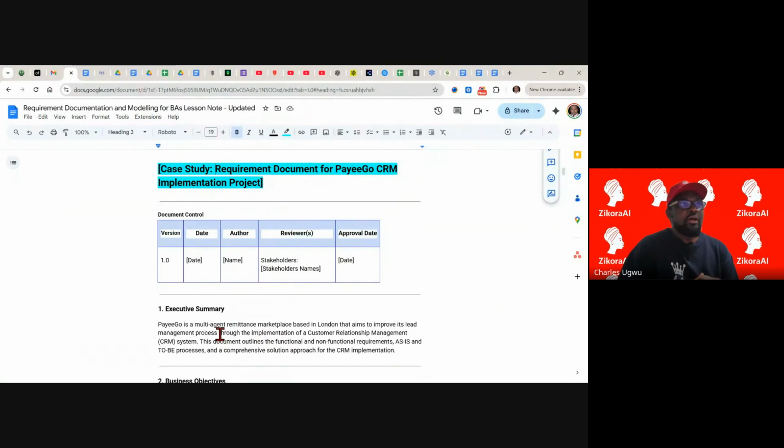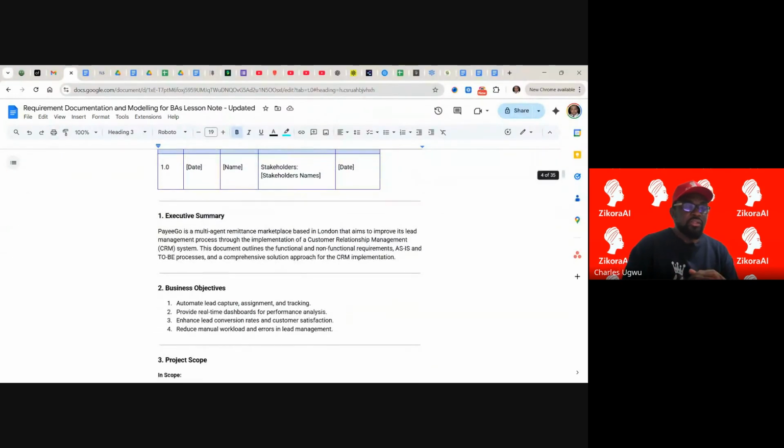So when you wake up and decided to add another layer, or you started thinking smarter than you used to think, you create version 2. And it's equally good. People going through your document or through the program will always see the progression. So that is why I captured this version in here, version control. So here, this is version 1, and you write a date, the author, the reviewer, and the approval date. And here is the first